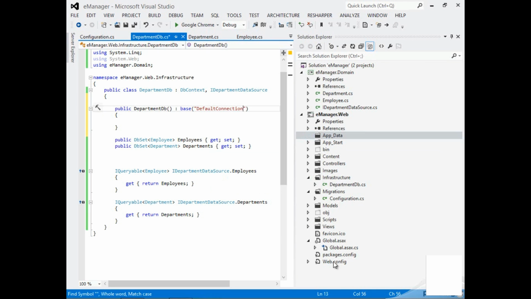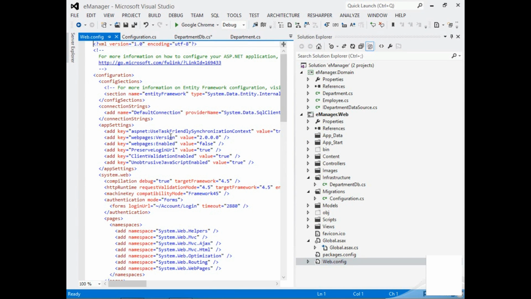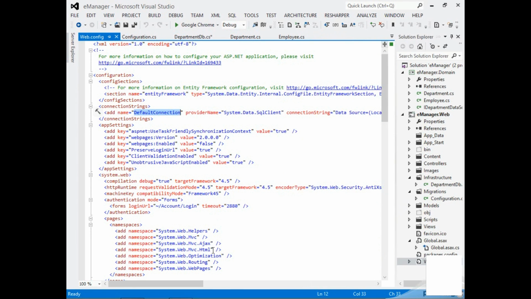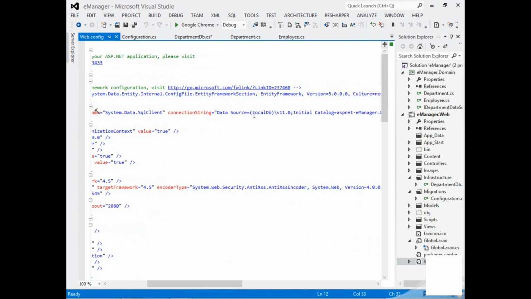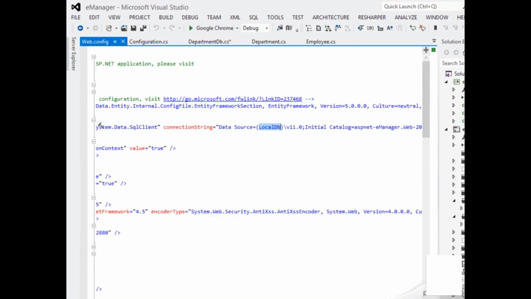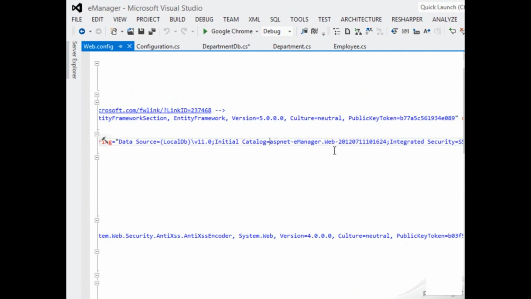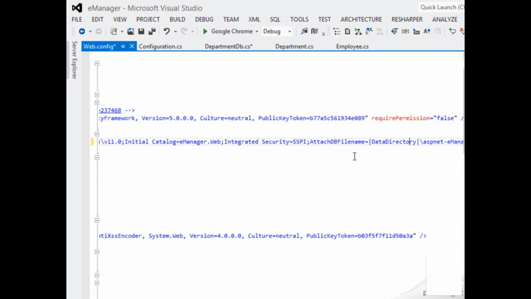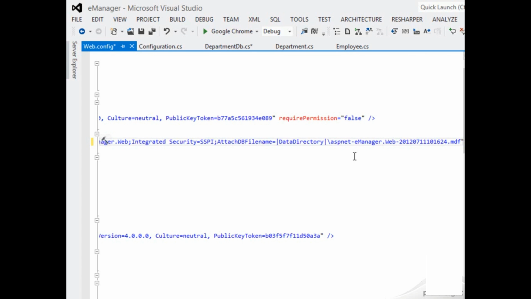Because if I look in web.config, a DefaultConnection has already been created for me by the new MVC4 project template. DefaultConnection in Visual Studio 2012 will just go to LocalDB. It will create a database called emanager.web. In fact, let's fix this up a little bit. So it's just emanager.web is the database name in a file that is in the data directory. And I can also modify this name also. I could say this should be